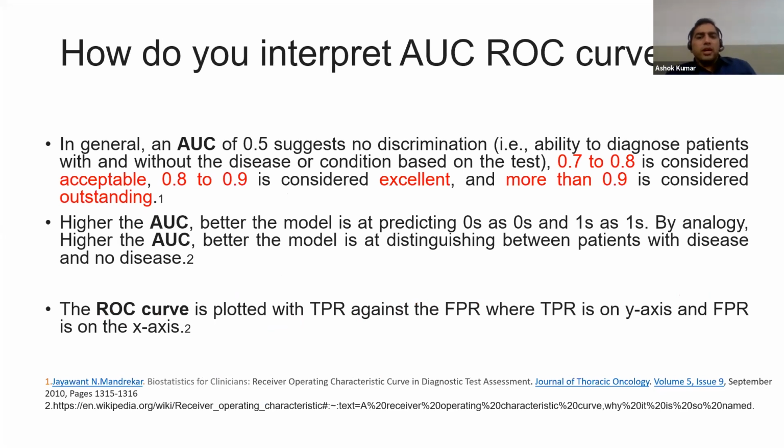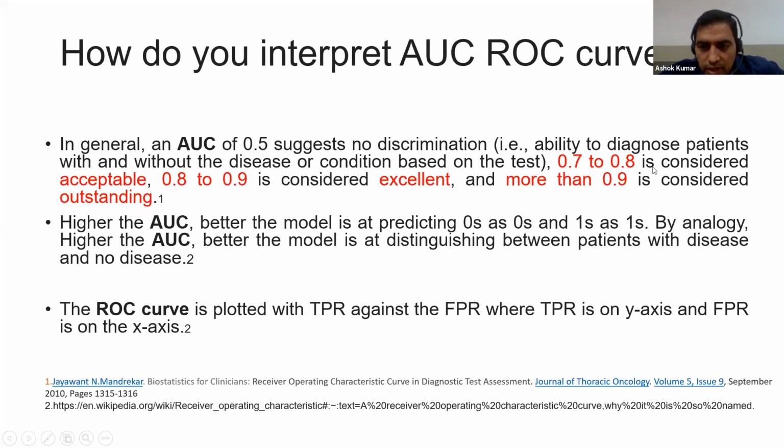So how do you interpret AUC, or the ROC curve? In general, AUC, the area under the curve, has a value from 0 to 1: minimum 0 and maximum 1. If you get an area under the curve of 0.5, the ROC curve is the same as chance. An area under the curve of 0 to 0.5 suggests no discrimination. This is the null hypothesis. The true positive rate and false positive rate are the same in this condition, 50-50%.